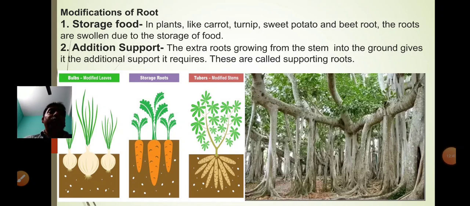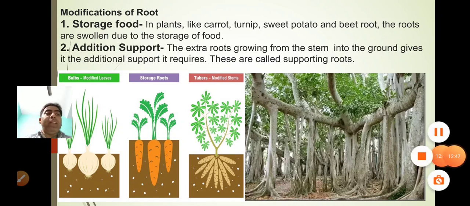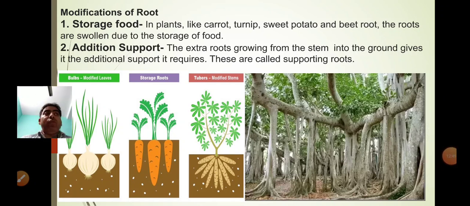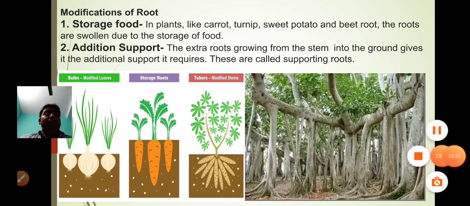And the important thing is, I will tell you about one term called hydroponics. Can you guess what this hydroponics is? Hydroponics is a technique to grow plants without soil. We can grow a plant without soil, like coriander we can grow without soil, tomato you can grow without soil. These plants can grow without soil.